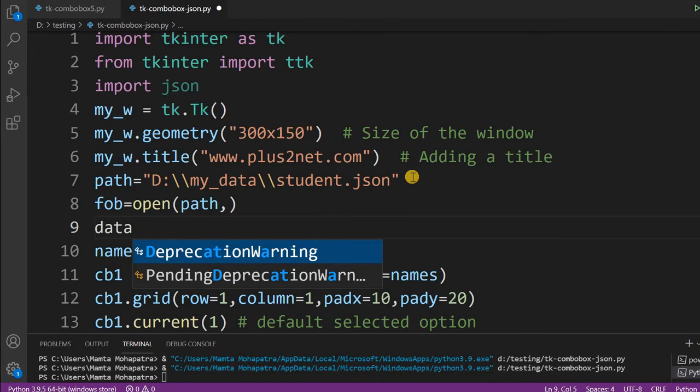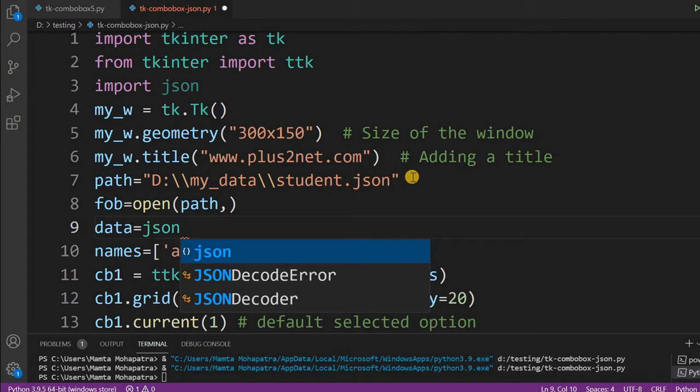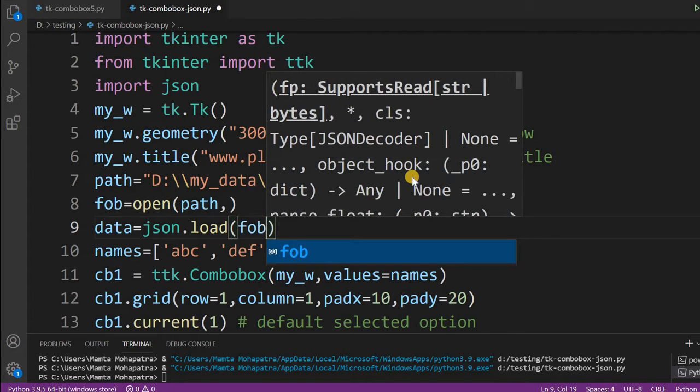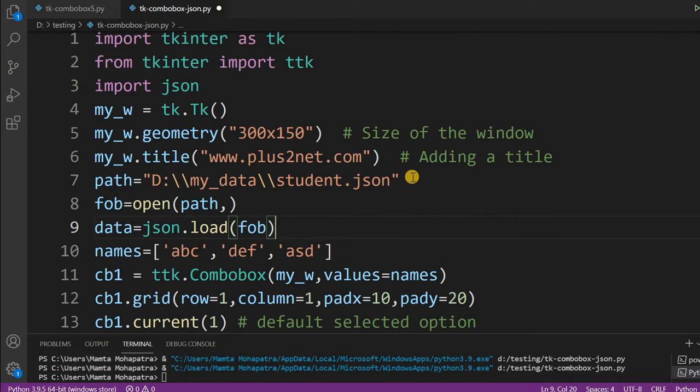Now let me connect that JSON data. So you can see that json.load(FOB). I am loading the data now. Now I will create my values, a list I will create using the name part of it. So for that purpose, let me just remove these options from here and declare only an empty list. Up to this I will remove it. So I have now my data.